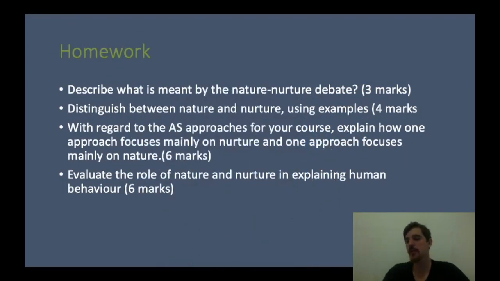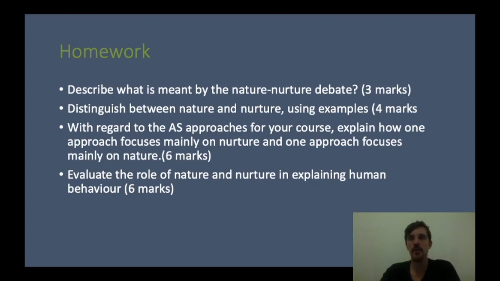So this brings us to what I want you to do. This is what you need to know, and you need to be confident in answering what the nature-nurture debate is. You need to be able to say what nativists would say, and what behaviorists would say, and why they disagree. You need to distinguish between the difference and use some examples. So I used the Bowlby one, where you can say, well, Bowlby said this, but it can also be explained through behavioral factors.